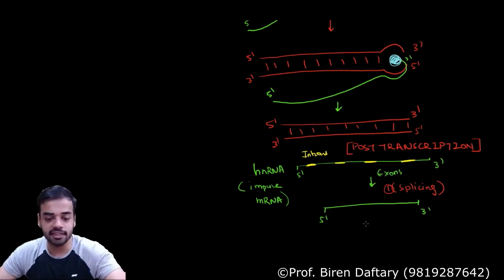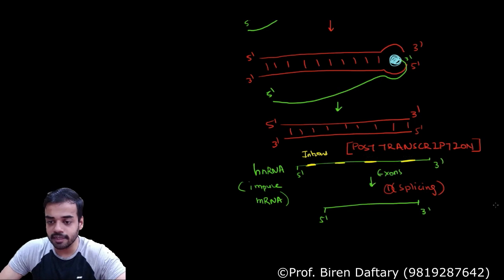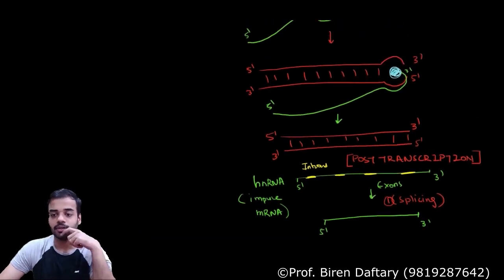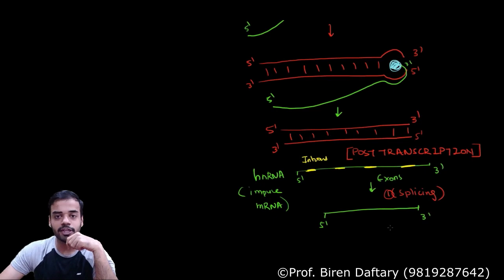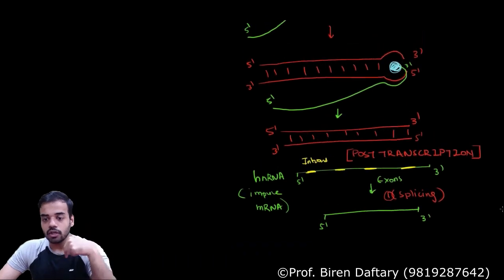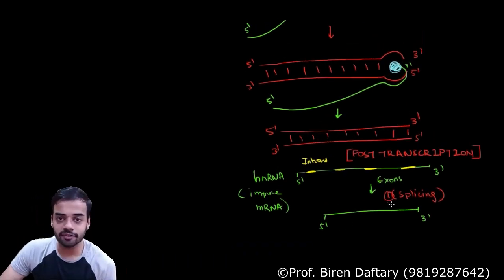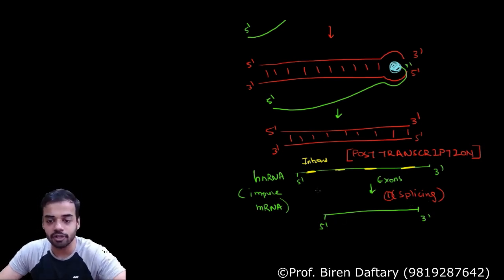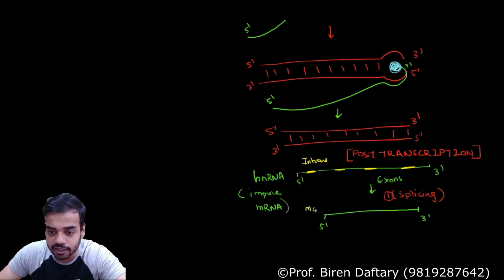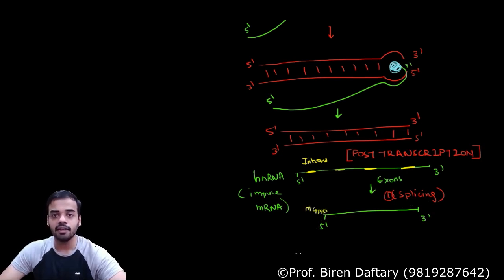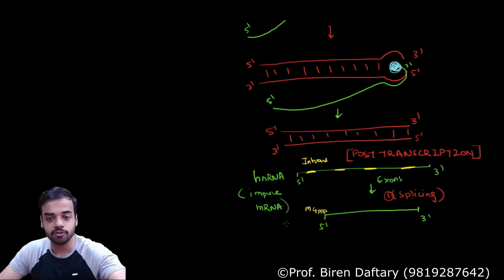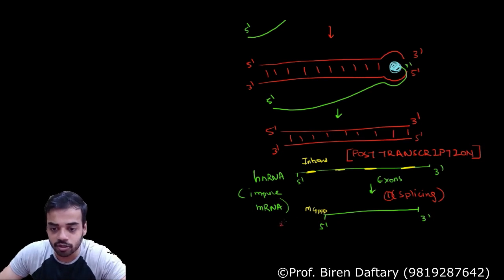Clear? Now what is the second thing that is going to happen? After splicing, you need to mark the ends. I'm going to label it here only because the page has actually ended if I scroll down. So the next thing that happens after splicing is marking the 5' end, and the 5' end is marked with a special nucleotide called methyl guanosine triphosphate. Correct? This methyl guanosine triphosphate is attached to the 5' end, and this process is called capping. So number 2 over here, capping.